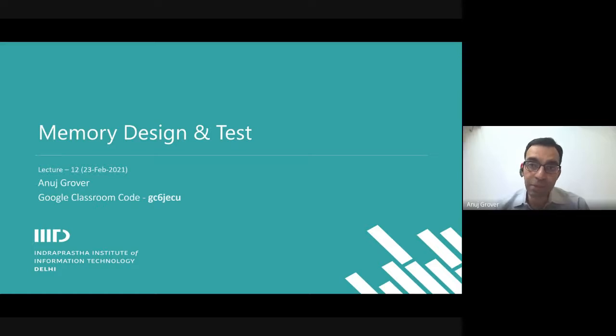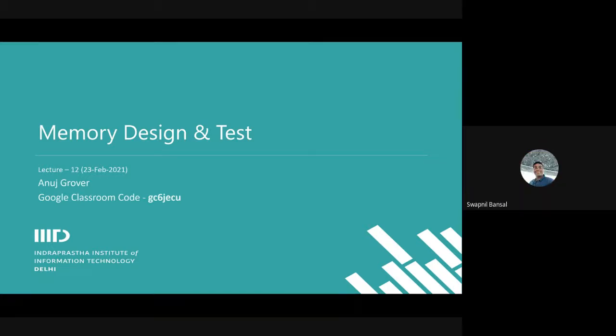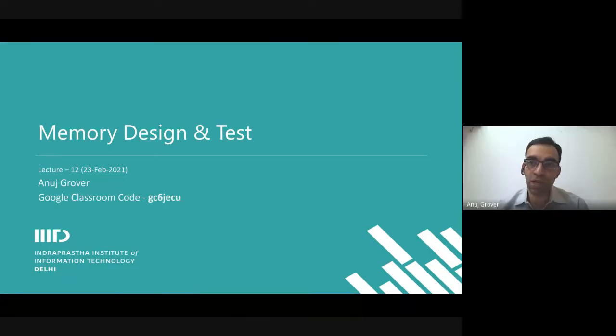These systematic variations can be modeled. You can still do something about them. You can verify the design by modeling these variations. But random variations cannot be modeled accurately. You can only model them probabilistically, statistically. And what is the method that you use to do statistical analysis on your design? Monte Carlo. So we talked about Monte Carlo till now, and today we will go into a little more detail about how statistics are important for process maturity and how we need to verify by using other distributions and other methods.